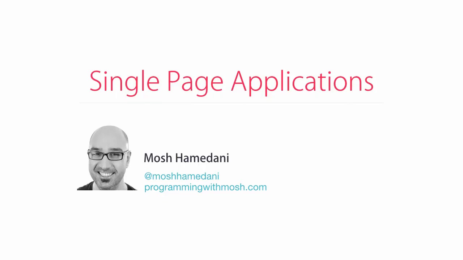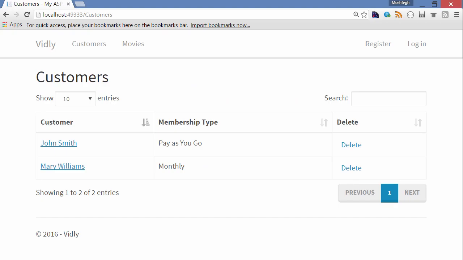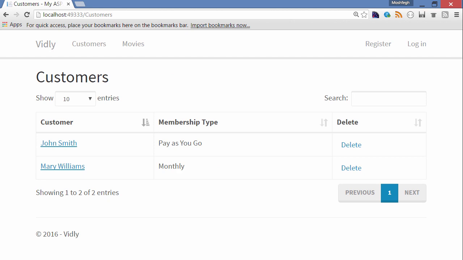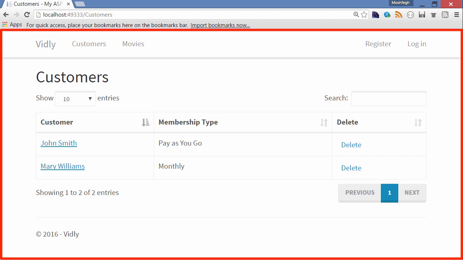Another topic I wanted to briefly talk about is single page applications, or SPAs. With our new implementation, we're generating the customers table on the client. In other words, we're generating a part of the view on the client. Now, we could take this to the next level and generate the entire view or the entire page on the